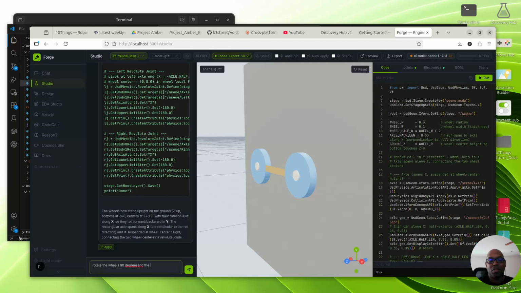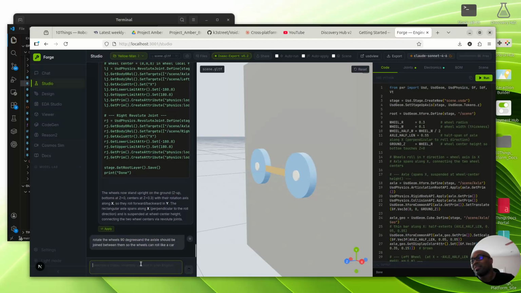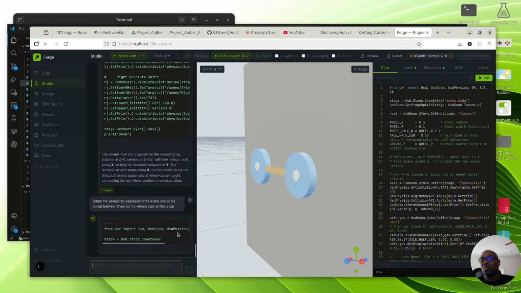And the rectangle and the axle should be joined between them so the wheels can roll like a car? Let's see. All right. This is quite dumb.